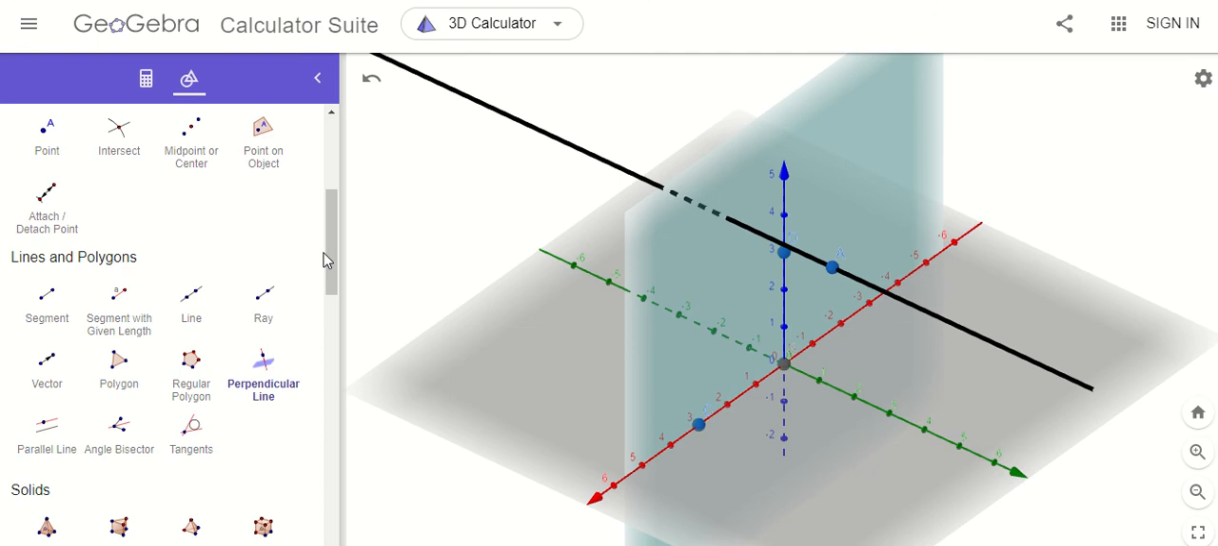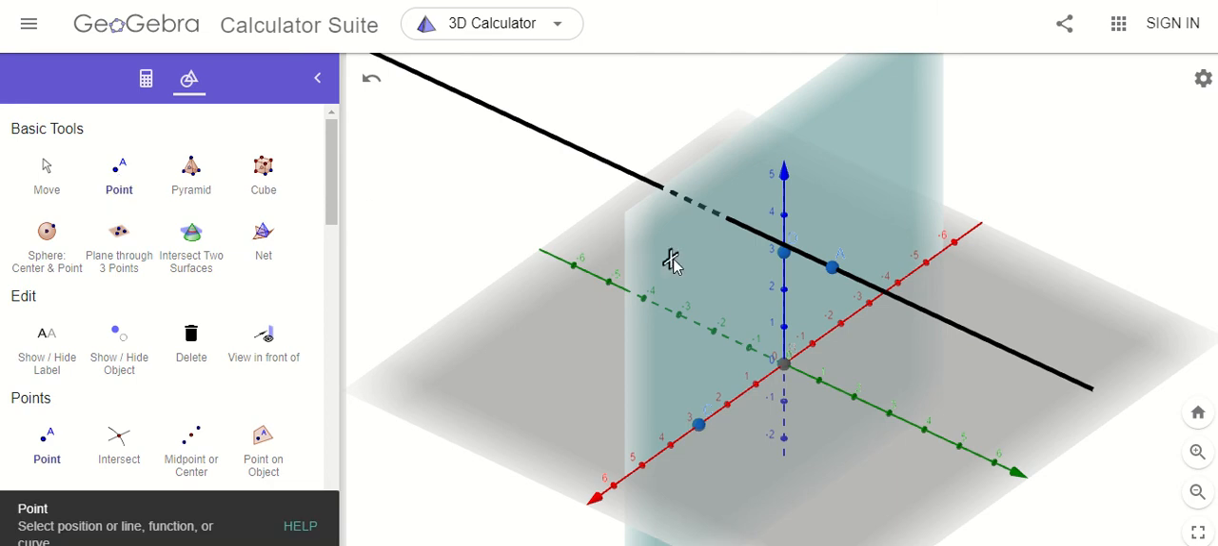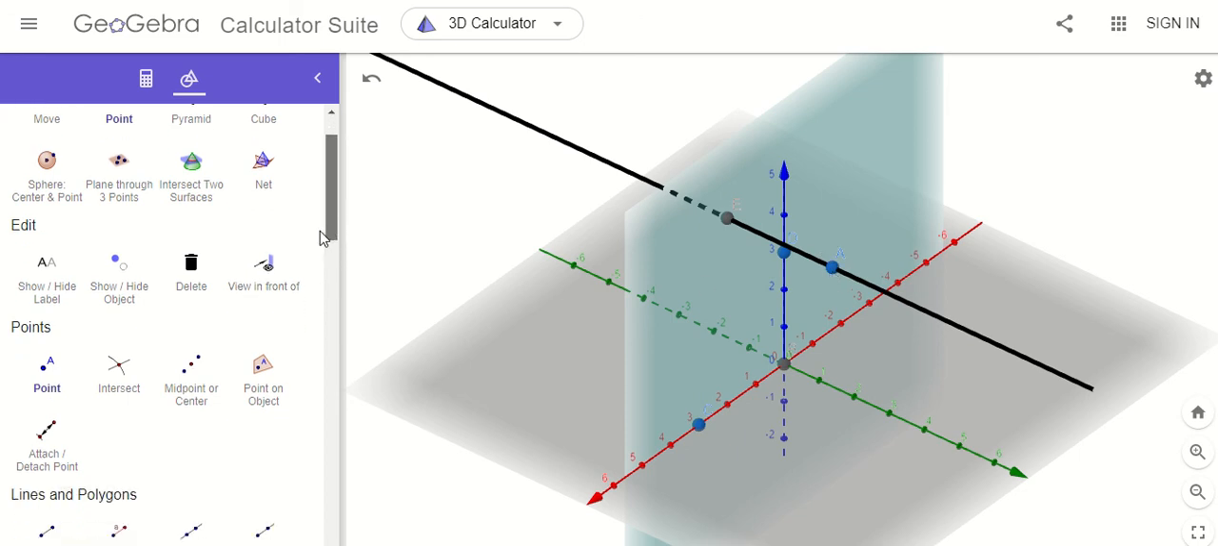Now, we need to find the intersection between the line and the plane. So I choose the point in here, and I need to find the location in here. Next, to find the distance between this point here to A, so I will go to